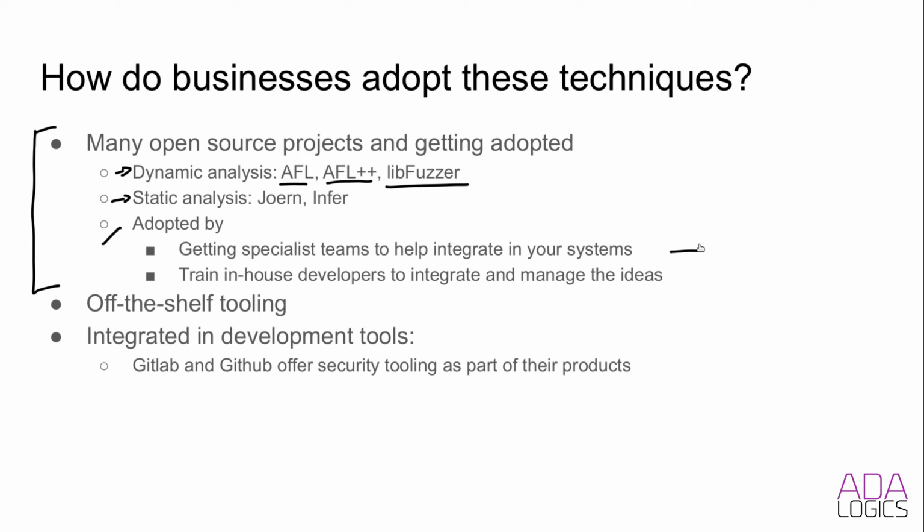So for example, some type of consultancy or services business that offer services to integrate these various tools and techniques into the software of the given business, and also to train in-house developers in order to be experts in these various tools and techniques, and then have these in-house developers take care of the integration of automated open source